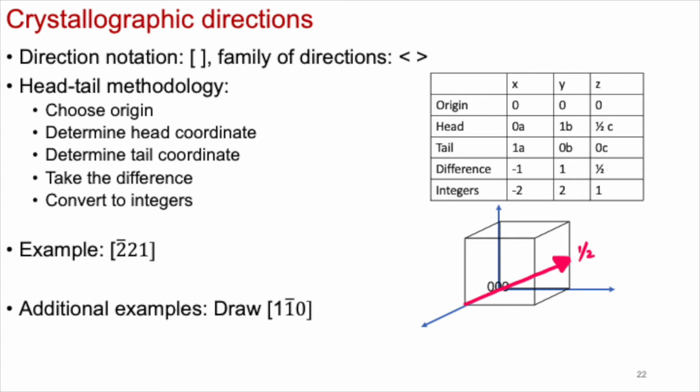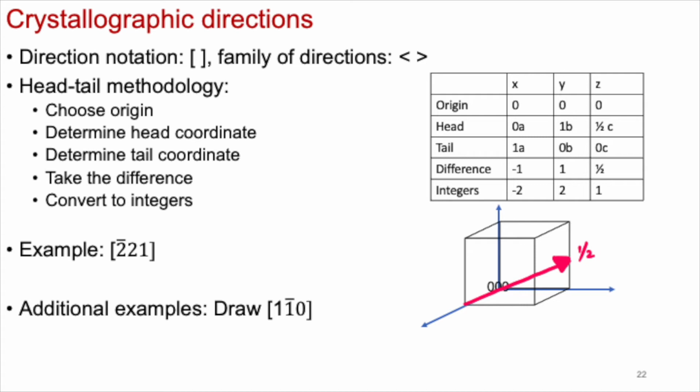So if you had to draw, or if you're given, let's say, a direction, the way you determine the crystal direction is, one, you choose an origin. So here I can see that it doesn't pass through 0, 0, 0, so I'm going to make that my origin. Then you look at where the head is. Well, once again, we need to define our axes